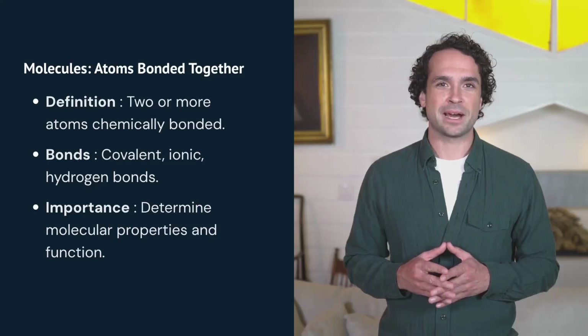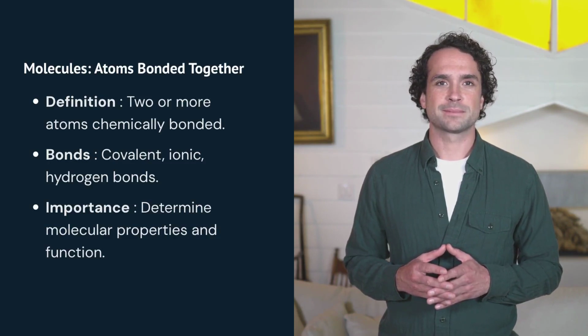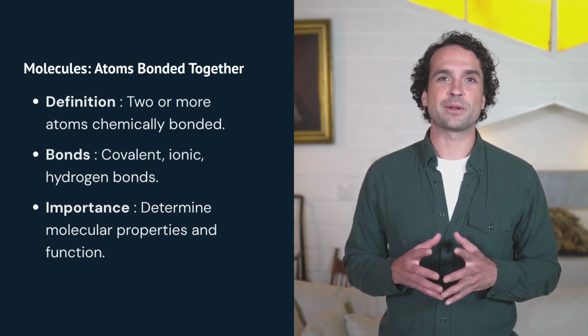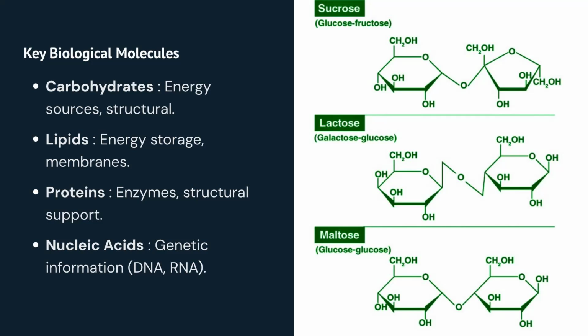Now, these individual atoms rarely exist in isolation in biological systems. Instead, they bond together, forming more complex structures called molecules. Think of it like Lego bricks snapping together. These chemical bonds, whether strong covalent bonds or weaker ionic and hydrogen bonds, dictate the shape and properties of the resulting molecule. Molecules in living organisms range from simple ones like water, which is crucial for all life, to incredibly